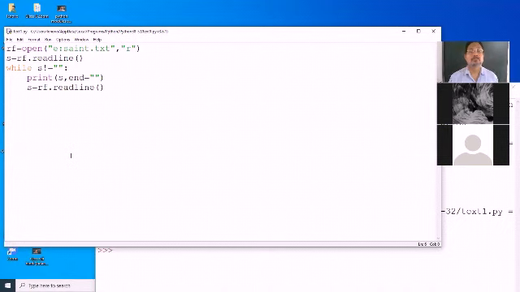Sir, we didn't write any argument inside read line, so why is it not reading the whole thing? I will show you that also. Every line has a \n character, but when you use the read function, it reads the entire text, all lines together. But once you use read line, it goes till \n, that means \n is included after every line.